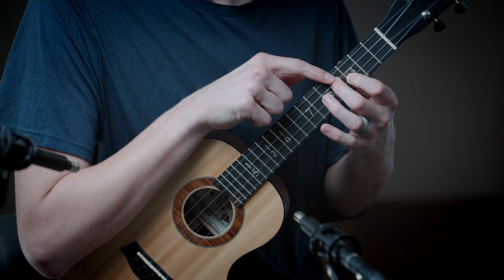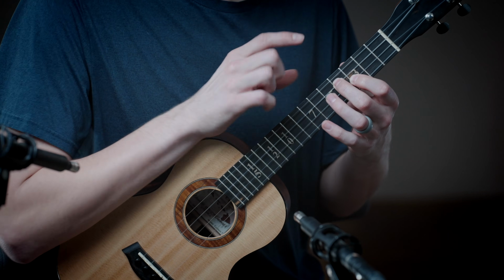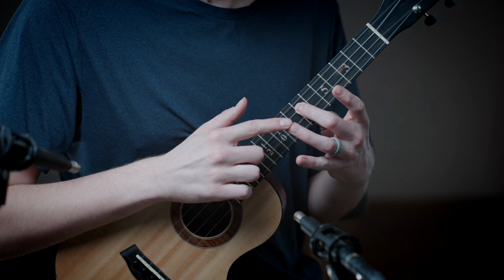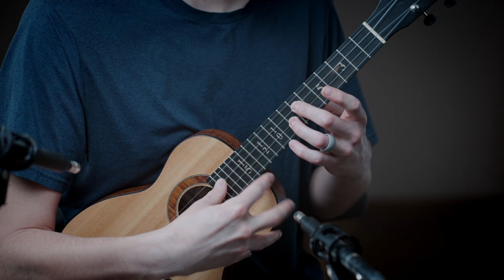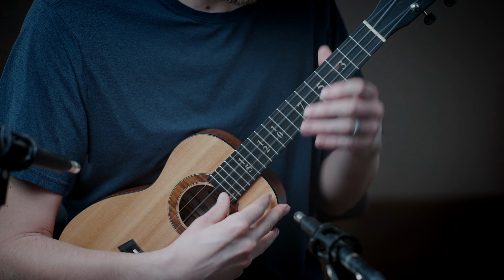And I'm using my middle finger there on the 4th fret of the C, index finger there on the 3rd fret of the E. Now I'm going to take this middle finger, I'm going to slide it up to fret 7 of the C string. I'm going to take my ring finger, I'm going to add it on 8 of the E string. And I'm going to play this 7 and this 8 on the C and E together. And that gives us our...